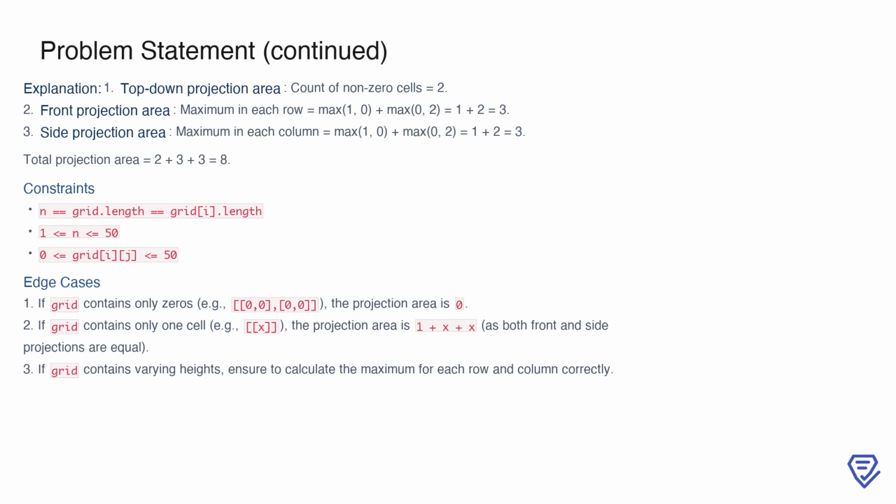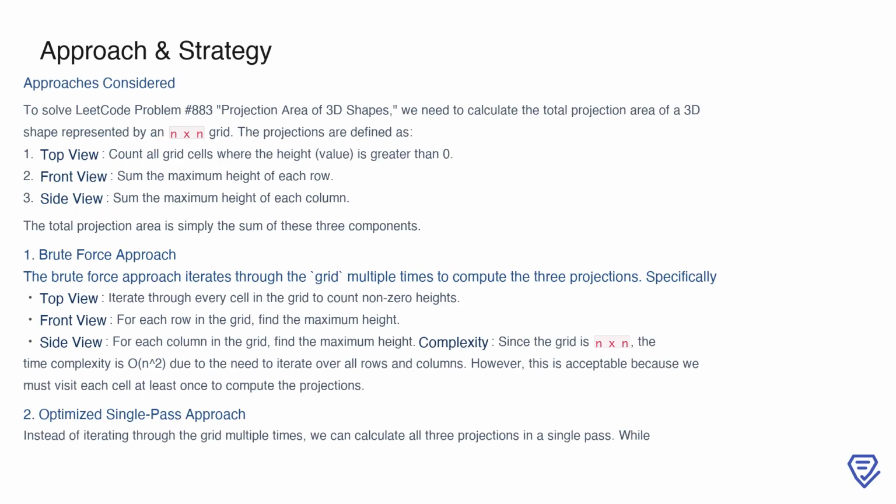The problem also specifies constraints, such as the grid size being up to 50 by 50 and all values being between 0 and 50, and highlights edge cases where grids contain only zeros or only one cell, ensuring all calculations are handled correctly. To solve problem number 883, we need to calculate the total projection area of a 3D shape